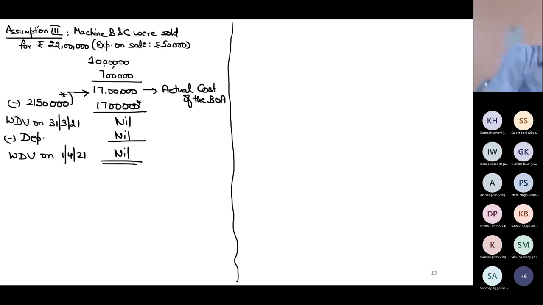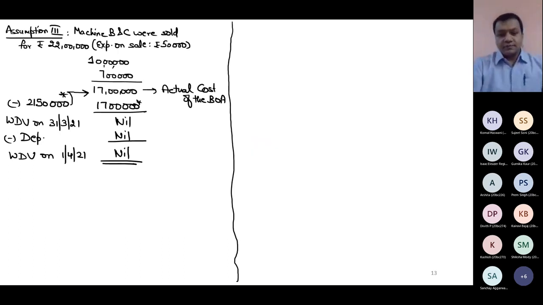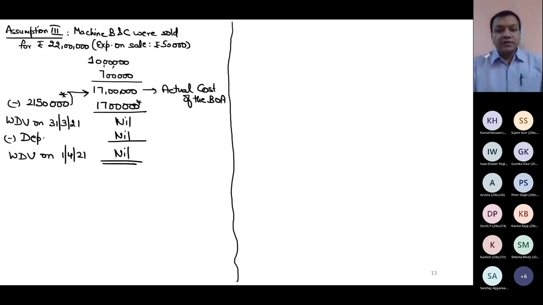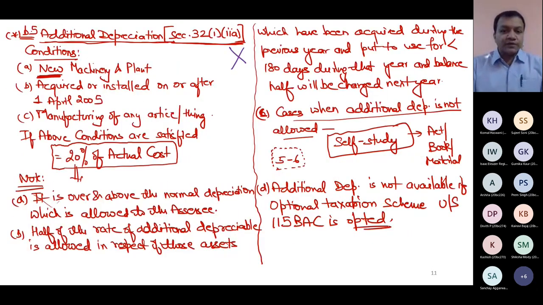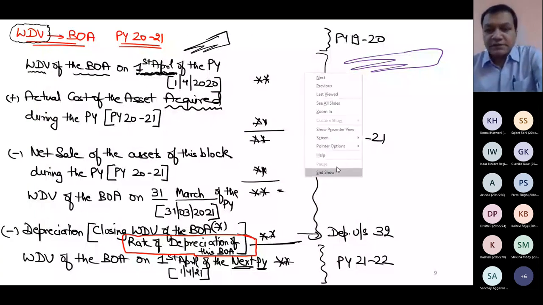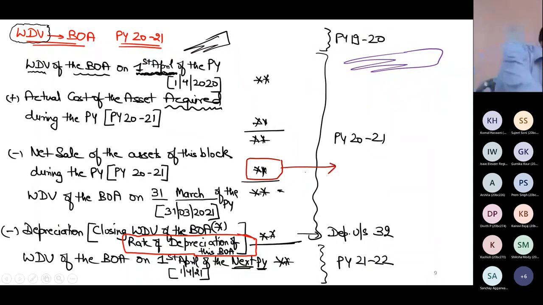Please raise your hand if this point is clear. So you must note one thing on your previous pages. I hope the screen is visible. Whenever I was discussing this format, you must write something here. When I was discussing this block of asset concept, you must write one thing here about this sale. You must write one point